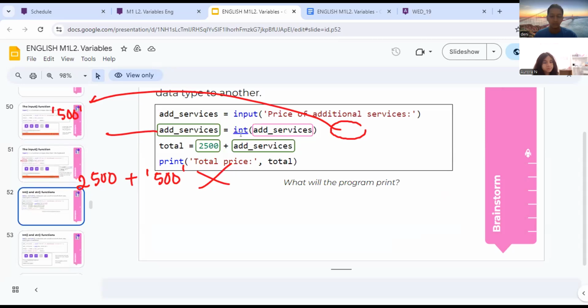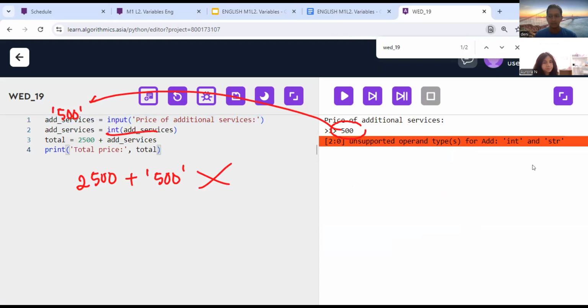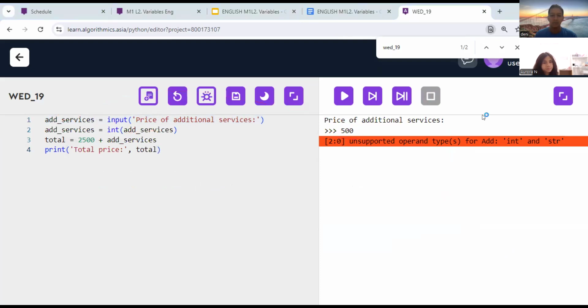We can use the integer function like this. So if I fill this input with 500, it will store to add services with quotes, and then we convert it to an integer, a number. So it will become 500 without quotes, and then you can add it to total here.